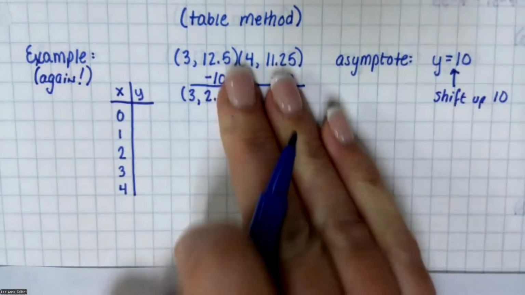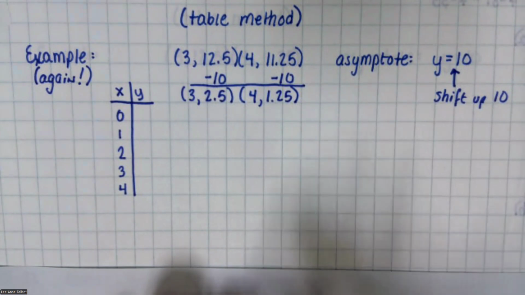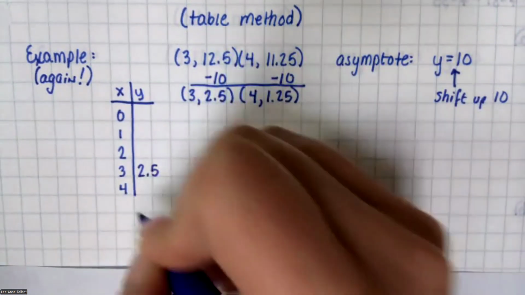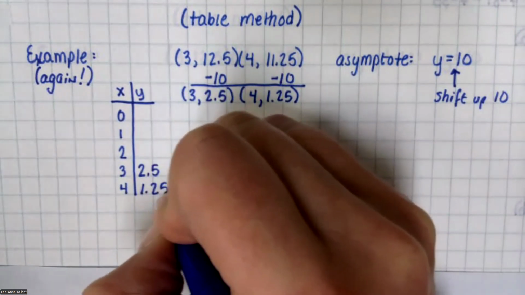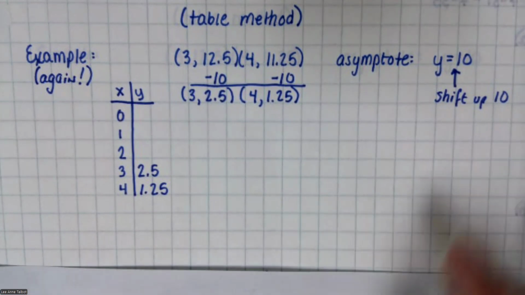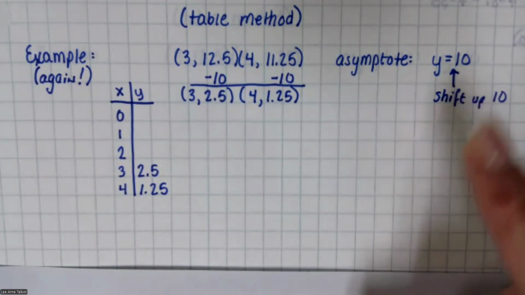So you're just taking those y values and shifting them the opposite. Okay, and then I'm going to put those new values in the table, not the original values they gave me, but my new values after I undid the shift. Okay, so let's say the asymptote was at -5. What would I do? Add 5. Okay, just checking.